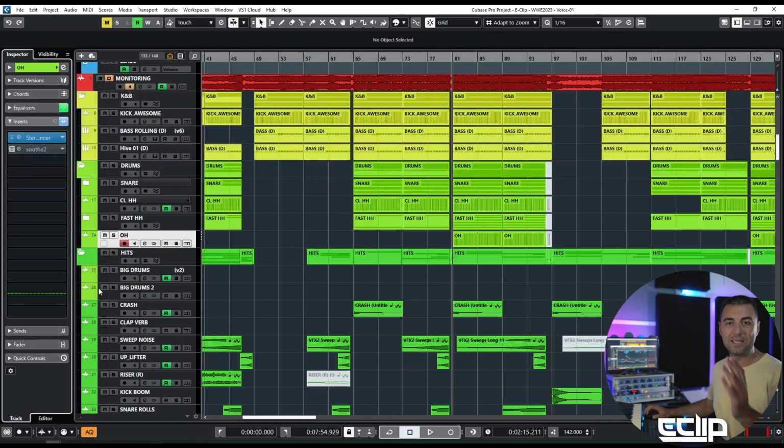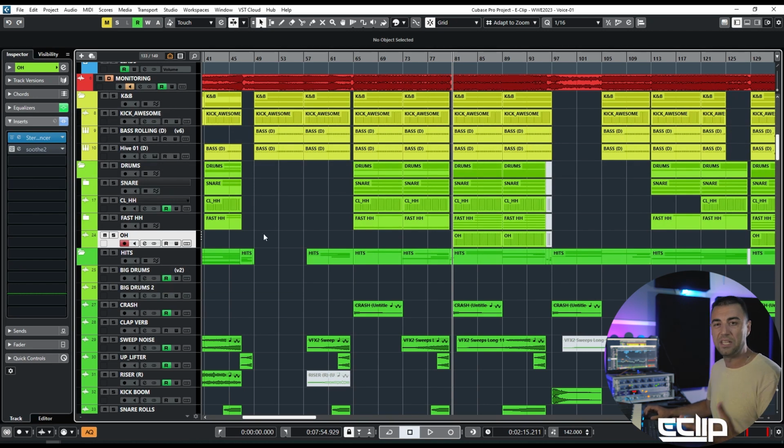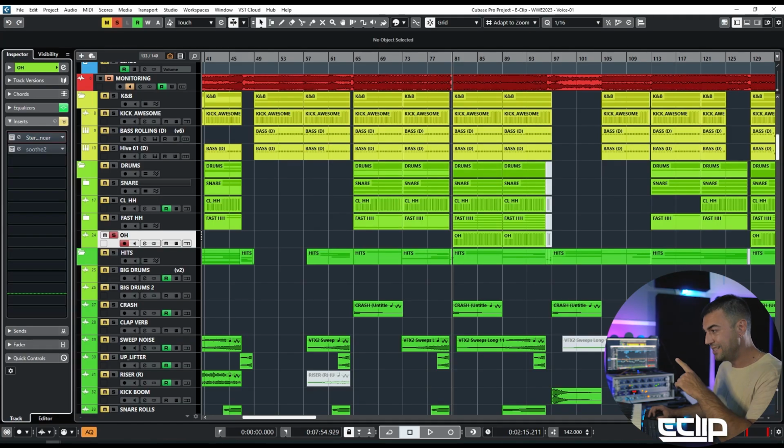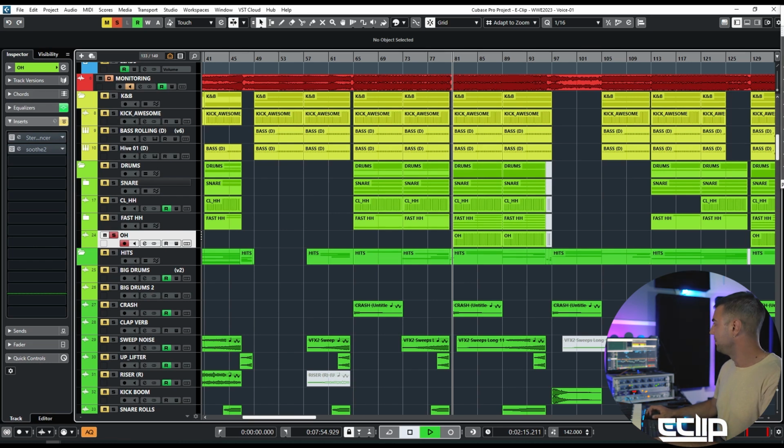Open hat, I always like to put in stereo, as I hear in some tracks some people are putting the open hat in mono, and I believe it's a mistake because kick and bass are taking a lot of space in the mid and they are in the low area mostly, or actually they are saturated in the low frequencies. So the open hat, if we just put all the elements that are higher in frequency on the side, they just sound much better in my opinion. So open hat, definitely always stereo in my case, and even though this open hat was already stereo, as you will be able to see over here,